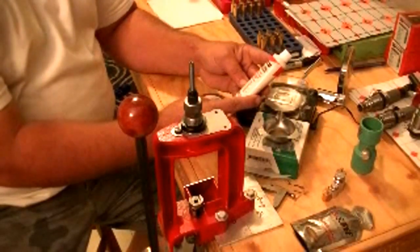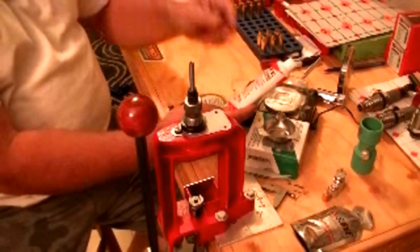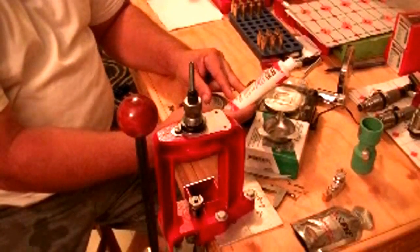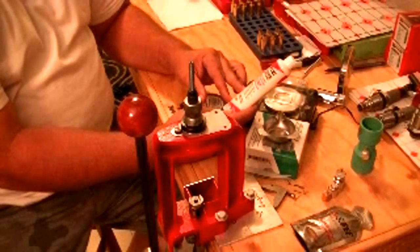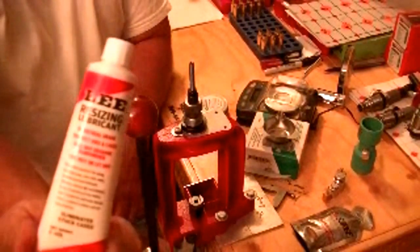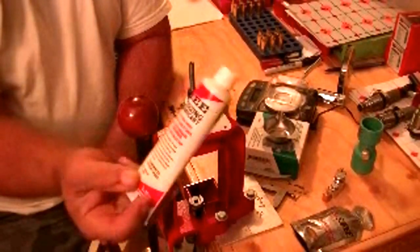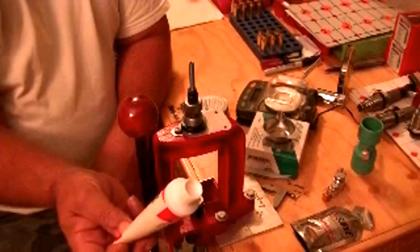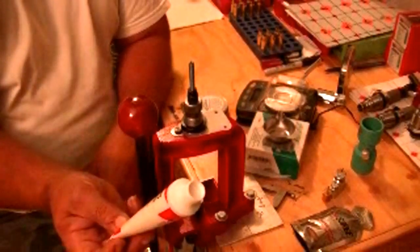from Lee. But I noticed that my dies were getting a little bit rusted inside, or they were starting to develop a light rust, and I had to get steel wool and polish the internals of the actual dies. And this is the tube that you get, or that you can purchase separately from Lee. I'm not trying to knock them down, but I told my friend about it, and he told me that they are water based, and that's why the dies were getting